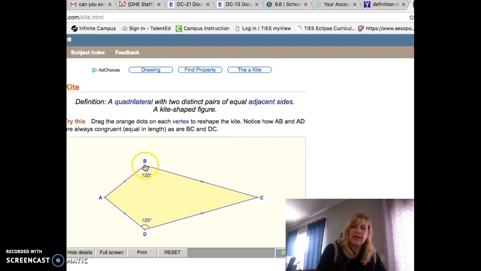In addition to that, the opposite angles across the line of symmetry, which is right here, you can draw a little line, the opposite angles are also congruent. So if you want to draw that definition of a kite, I would be happy to put this website